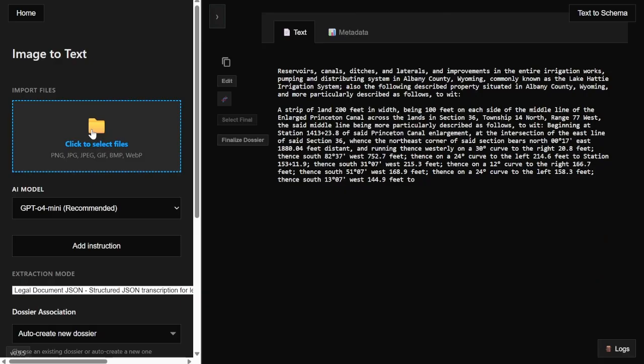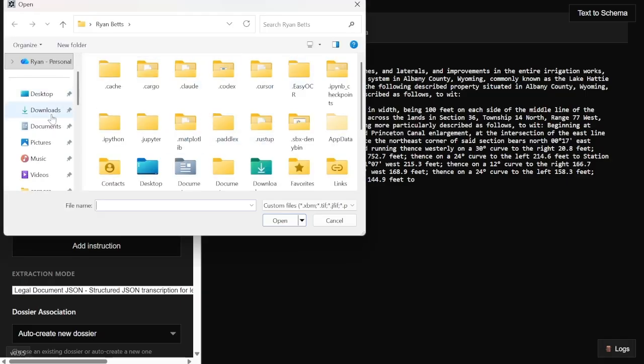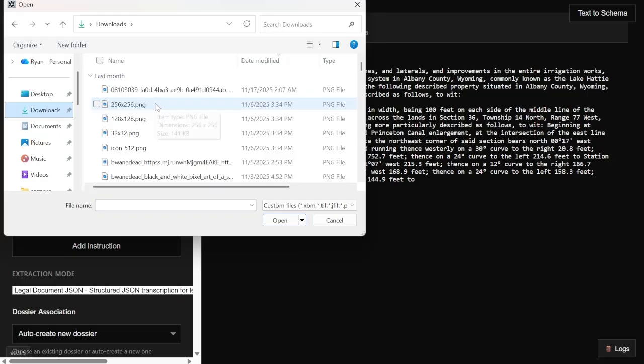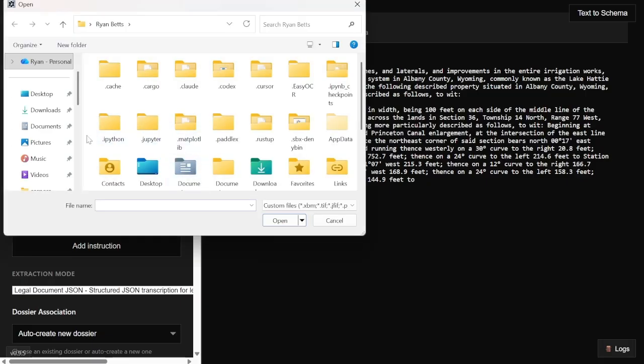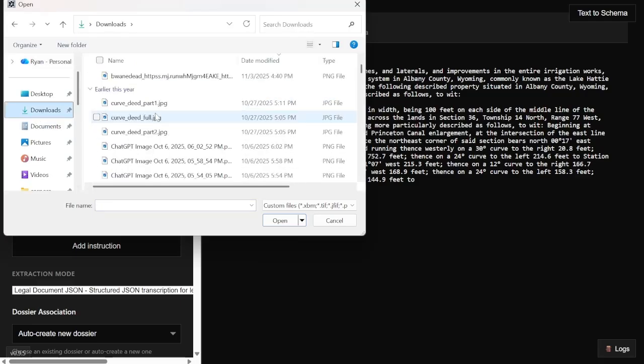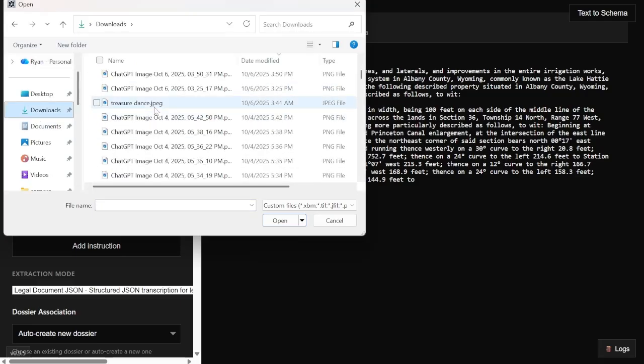Let's walk through generating a new transcription. So I already have some files in my download file. You just click to select the files that you want to upload. You can do batch, or you can do just single files at a time. And so right now I'll just do a single one. I have one down here somewhere in my